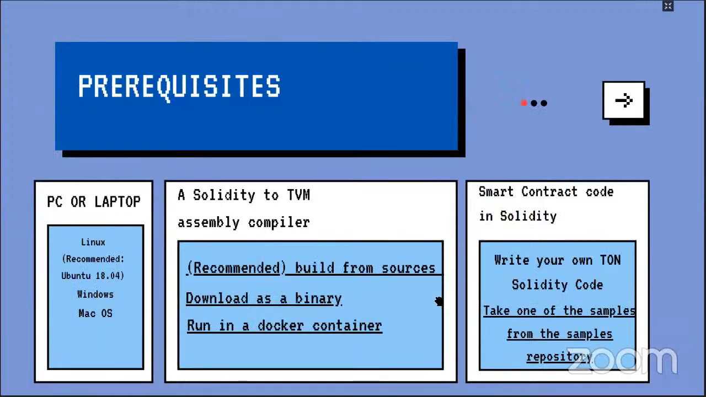As prerequisite, what we need is a laptop with an operating system installed there. It could be Linux, Windows, or Mac. The recommended OS is the Linux distribution Ubuntu 18.04, but we're going to use Windows during this work. We also need a Solidity to TVM assembly compiler, and we're going to build from sources. You could download as binary, or you could run